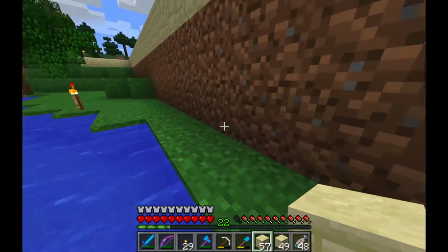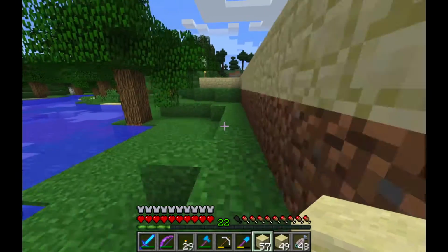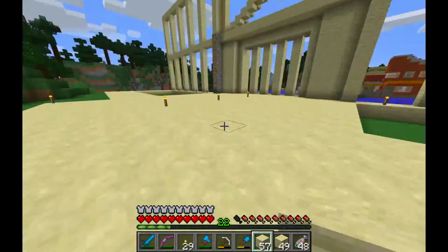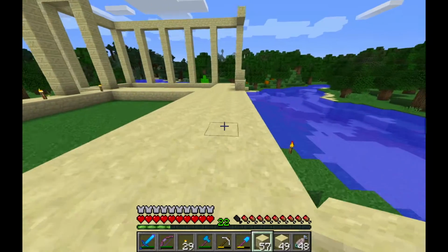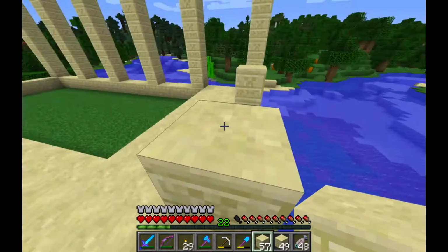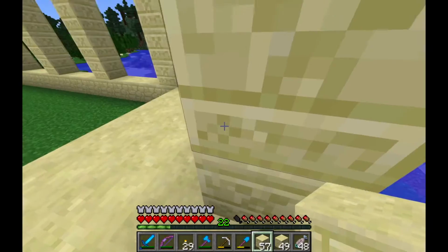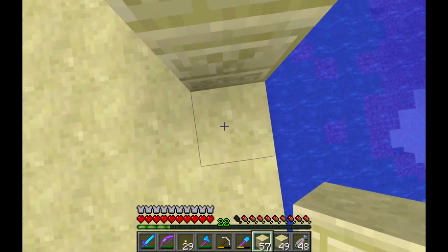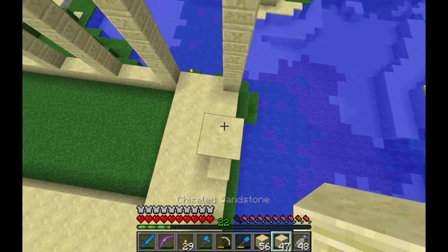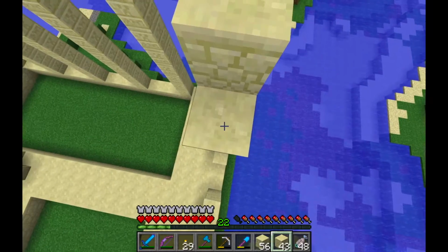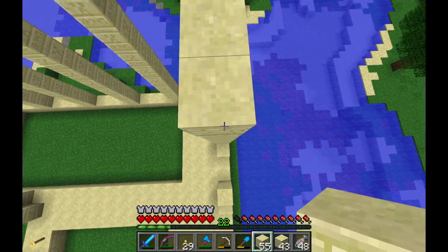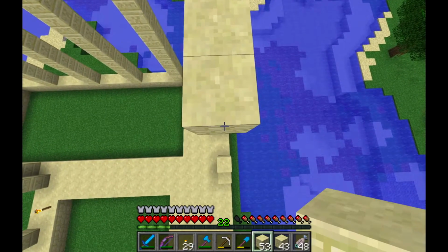I should put some dirt here that it doesn't go down like that, or I should find any other way to cover that. I'm not sure what I'm doing. Maybe even I fill sandstone underneath. And here, I cannot go up like that. Wait a second. I will just go here and go up with that, and one more block, and that, and then we go further 1, 2, 3,